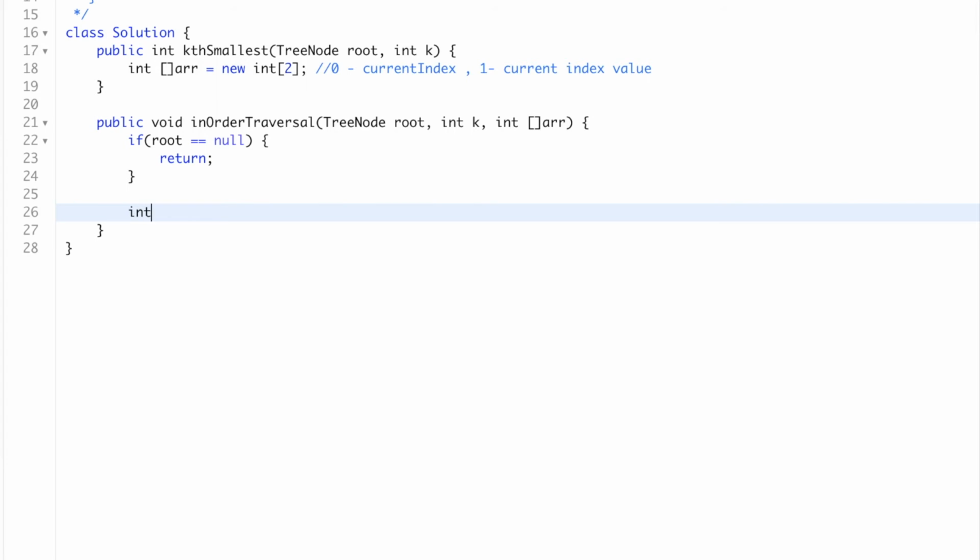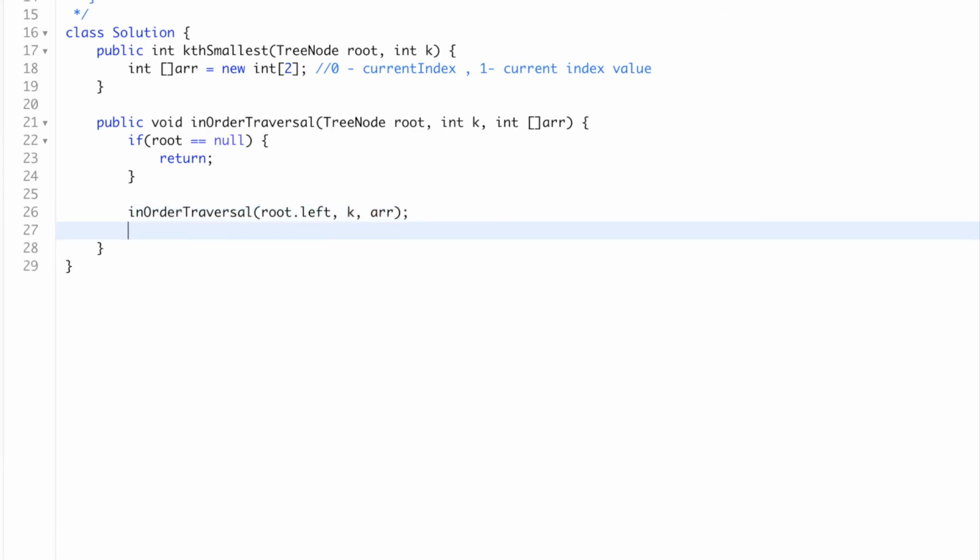So I'll call this function recursively, passing the root's left subtree, k, which is our kth index that we are interested in, and the array.